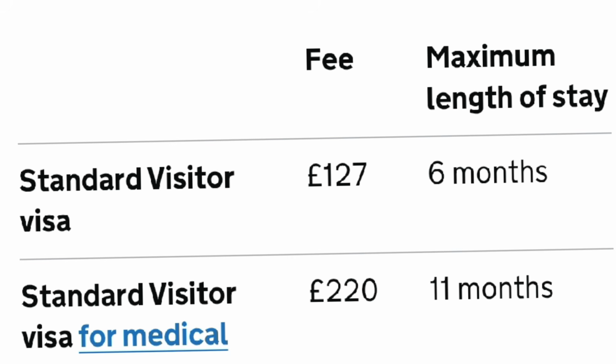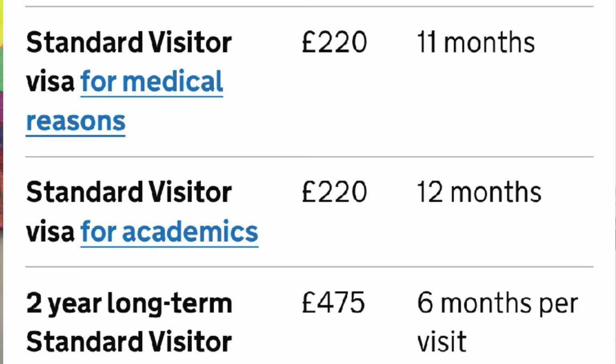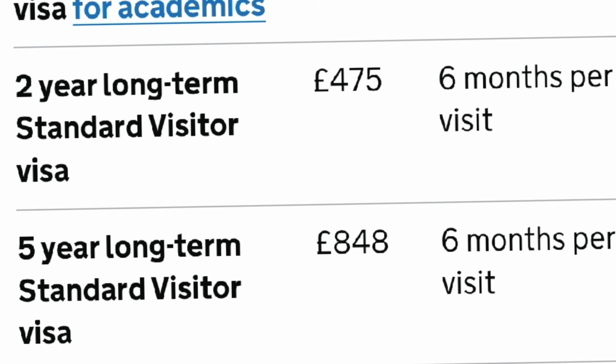£127 for 6 months. And if you want to apply for longer than 6 months, let's say 11 months, that is if you have medical reasons to come to the UK, it will cost you currently about £220. And also, if you're coming to the UK for academic reasons, you can have a 12-month visa, and that one will cost you about £220 as well. And if you're applying for a long-term Standard Visitor Visa of 2 years, it will cost you about